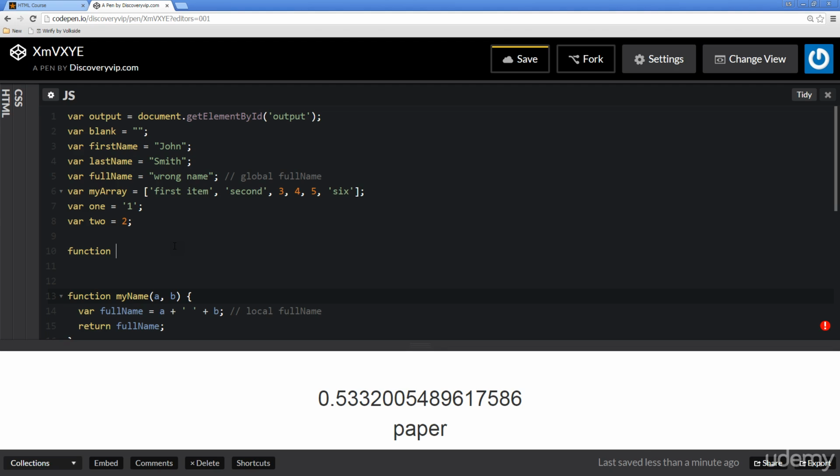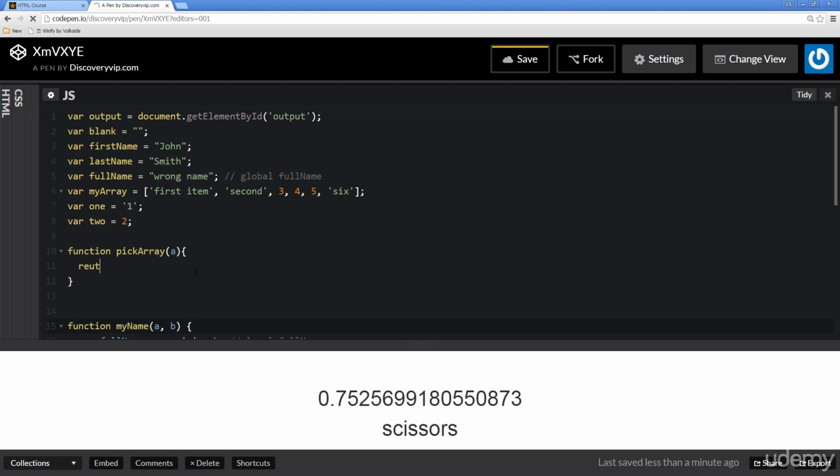So if we wanted to do something like function and we want to return back one of these values from the array, so get, or get probably isn't a good way to do that, so pick array. Just going to call it pick array for now, and again we're going to keep it really simple with these parameters that we're passing. Probably not even going to need to pass any parameters,